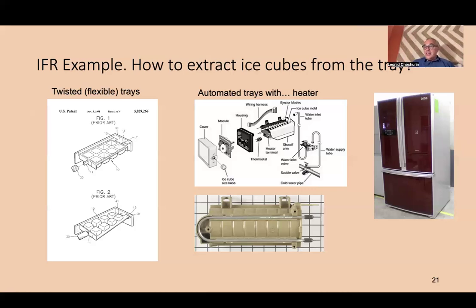So they designed a heater. Imagine inside of the freezer there is a heater, and the heater heats up the tray a little bit, maybe for 1 minute, a couple of minutes. Then the ice melts a little bit, and then, you can see, it's a blade. A special blade makes one turn and gets the ice out of the tray, and it falls down again. So it's a monster, a definitely pretty complicated system,